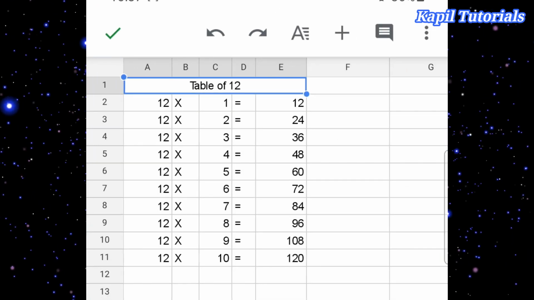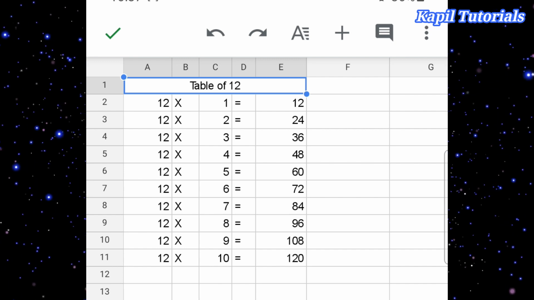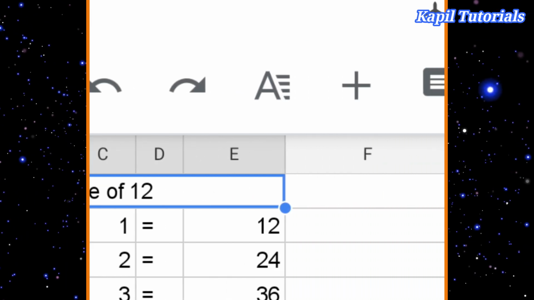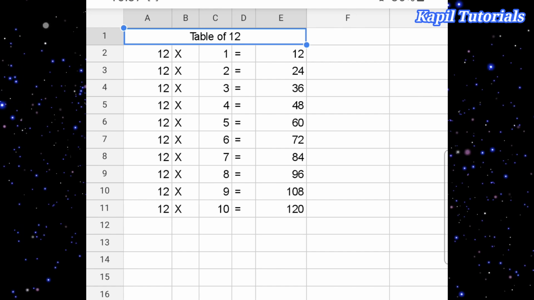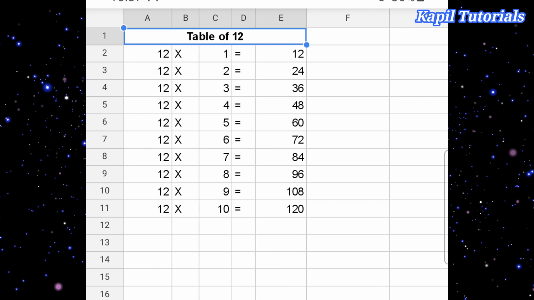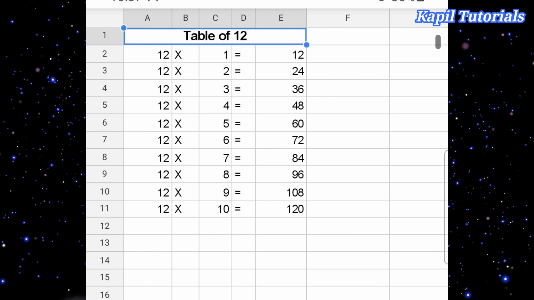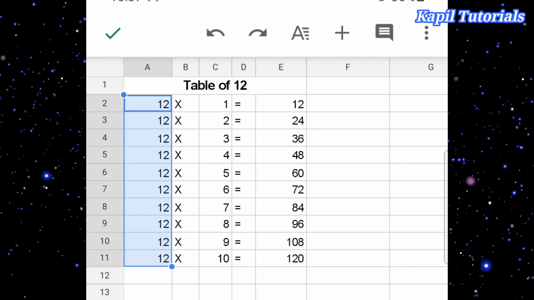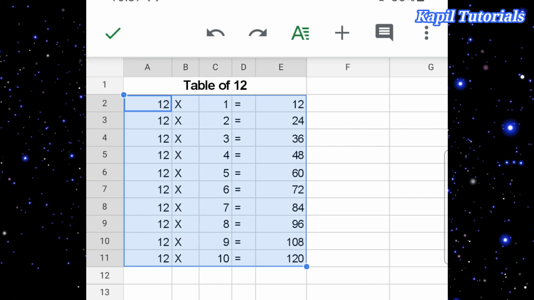Now further formatting if we have to do. So firstly I'll click on this option. This is undo and redo, the third option. I'll click on this. The formatting text option comes in front of me. If I want to make it bold, I can make it bold. Size I want to increase, you could see the size has been increased. Okay, and then suppose I want to give some formattings to it.